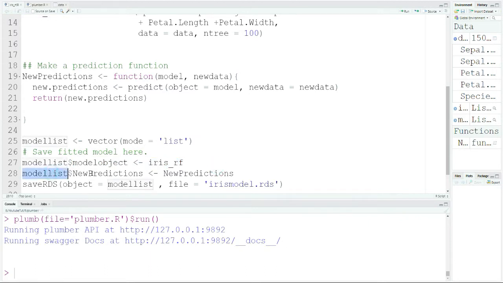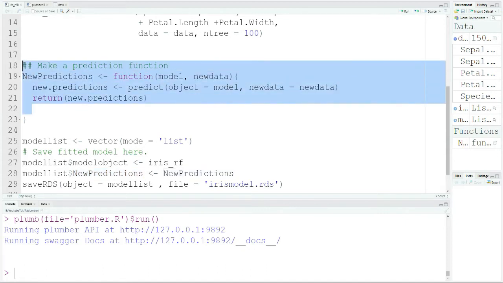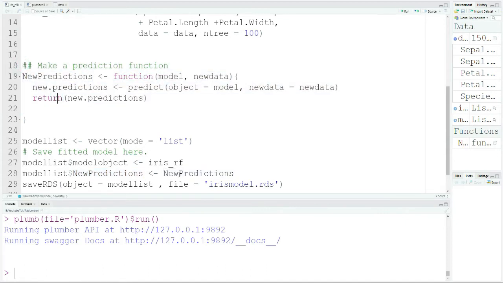Then I am also providing my function name, the function that makes the predictions, so I am using it here too. This is my function name, new_predictions, and I am also storing it in my model object, which I am going to save as an RDS file.